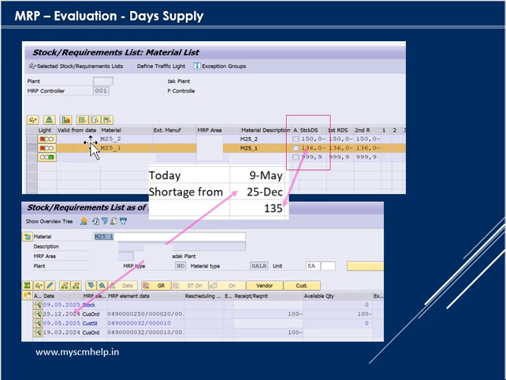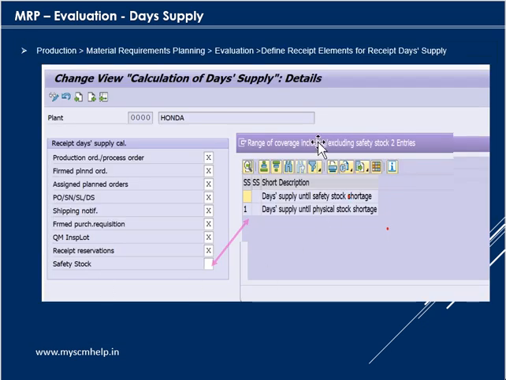You can take one of your use cases in your system and check it across. I will also show where the configuration for this is. If you go to this path, which is Production, Material Requirements Planning, Evaluation, and then Define Receipt Elements for Receipt Days' Supply, there